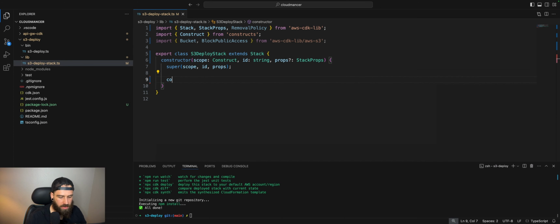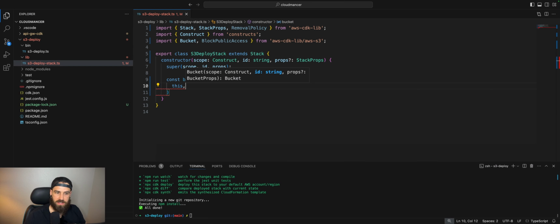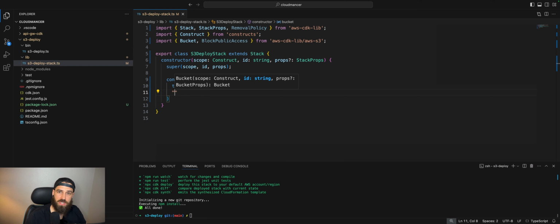We'll go down here into our stack and declare const bucket equals new Bucket. TypeScript is pretty cool because it tells you what to expect on each of these constructs. The first thing it will expect is the scope. The scope is just referencing the stack in which the bucket is going to be deployed into. In this case, it's just this. The next will be the logical resource name. This is local only to the CDK stack. Just like in a CloudFormation template, you have references to local resources when you name them. We're just going to call this S3Bucket.